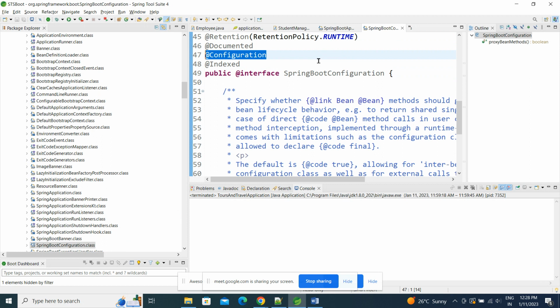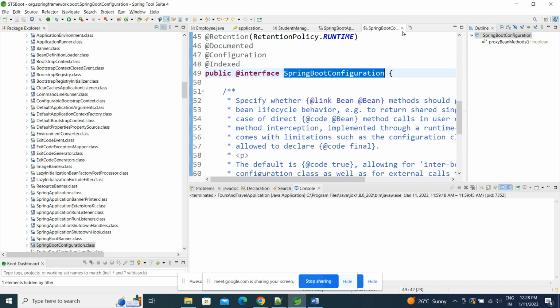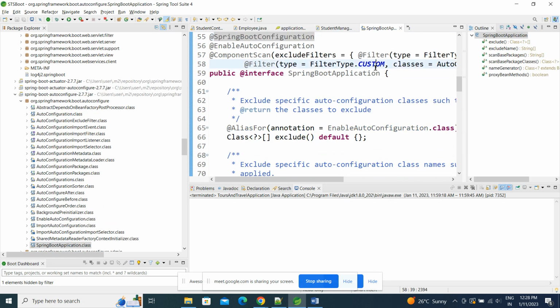As part of Spring Boot, they created @SpringBootConfiguration as the suitable annotation in case of Spring Boot applications. That's the reason they used @Configuration internally, but the name they have given in case of Spring Boot application is the @SpringBootConfiguration specialized annotation. Okay,